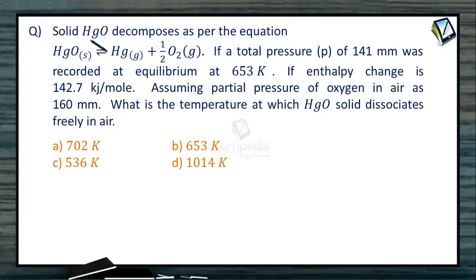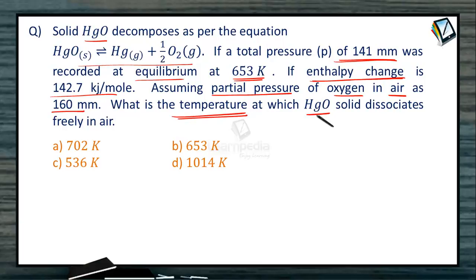In the next question we have solid mercuric oxide decomposes as per the equation HgO (solid) giving Hg (gas) plus half O2 (gas). If a total pressure of 141 mm was recorded at equilibrium at 653 Kelvin temperature. If the enthalpy change, once again here in this question enthalpy change is involved, which is given as 142.7 kilojoules. Assuming partial pressure of oxygen in air is 160 mm, find the temperature at which this HgO solid dissociates freely